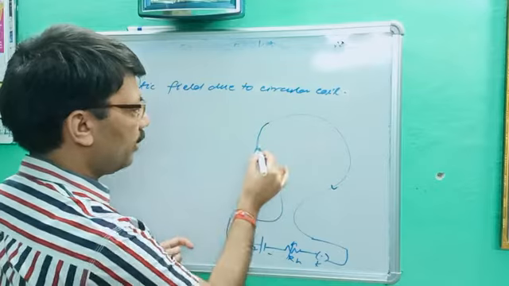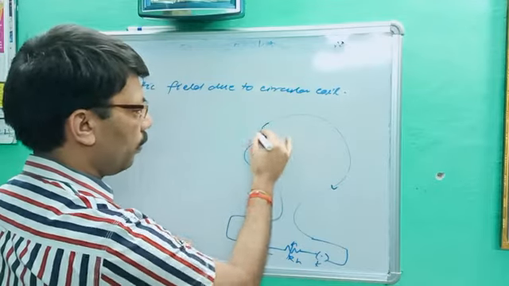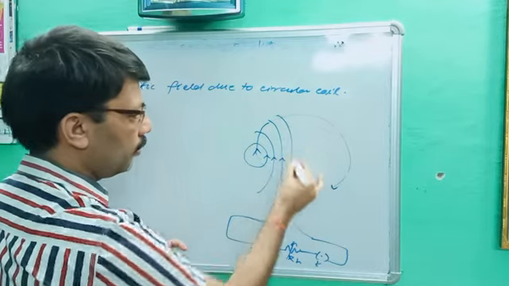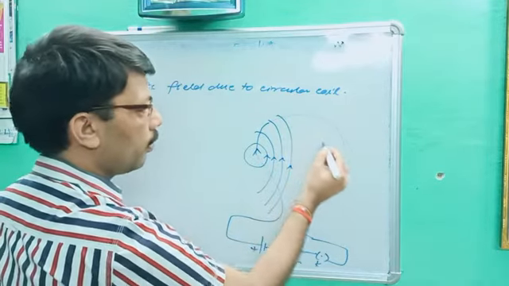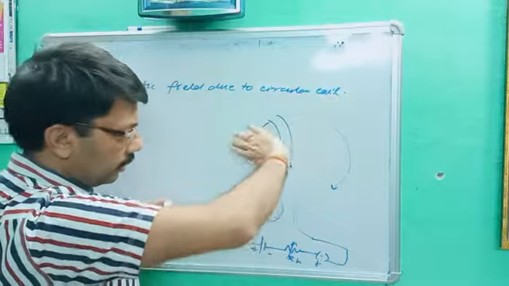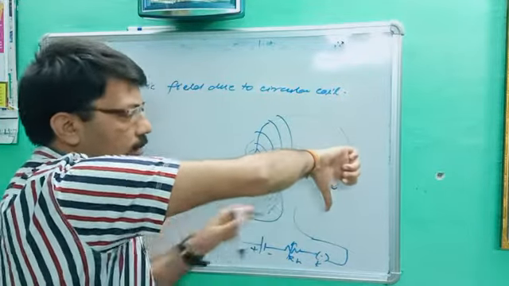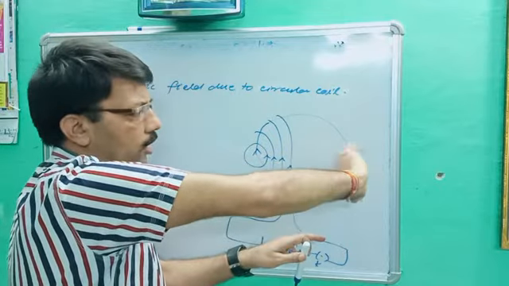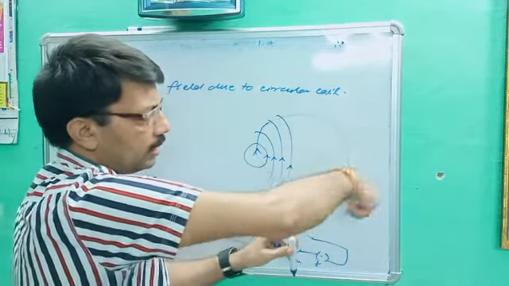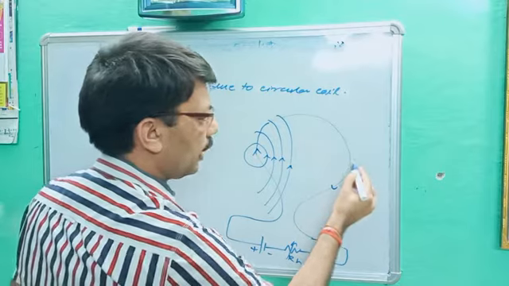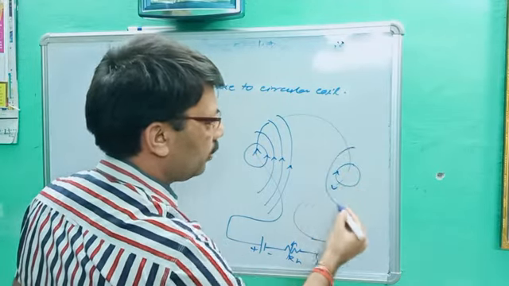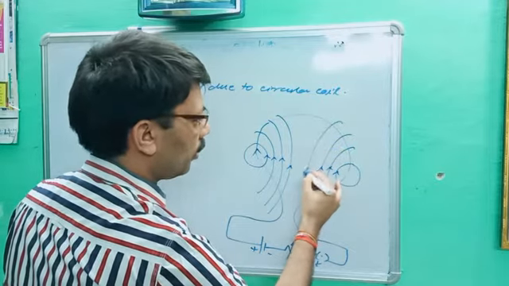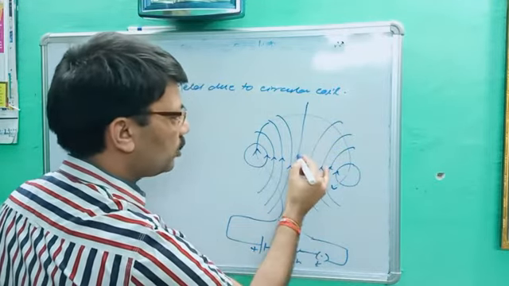So here the magnetic field direction is anti-clockwise. Here the current is moving downward. You have to manage your thumb according to the current, and the curl of the fingers is moving clockwise. So the direction of magnetic line of force will be clockwise. Are you getting the point? Clockwise. And at the middle we will get a straight line.